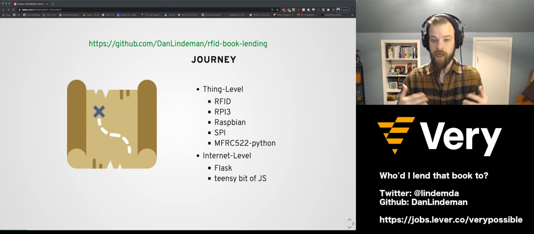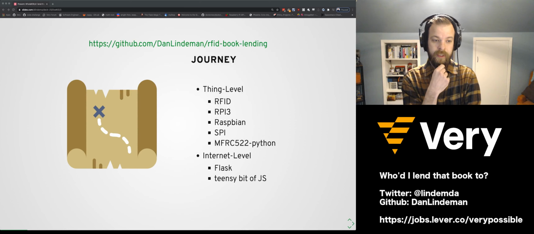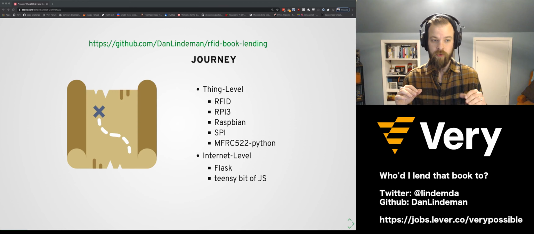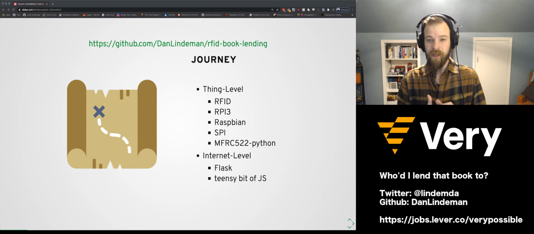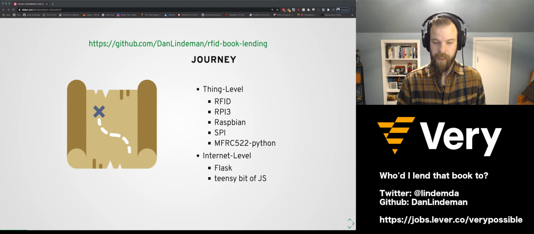For this talk, I owe a whole lot to this Play Out My Life article, which we'll reference several times, and I'll make sure that I have those in the slides here. But after we look at the hardware setup, then we're going to pop to the internet level. So we're going to look at Flask, set up a Flask server, and then a little bit of JavaScript. And we'll see what implications change when we're developing an IoT app, and how that might affect the web server.